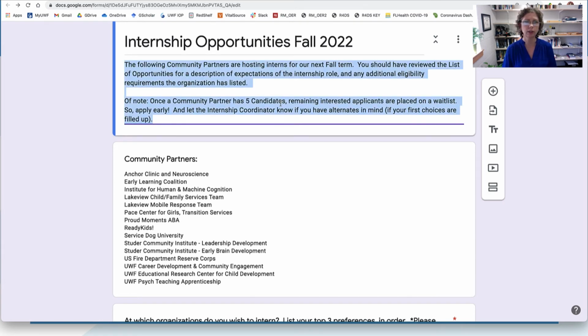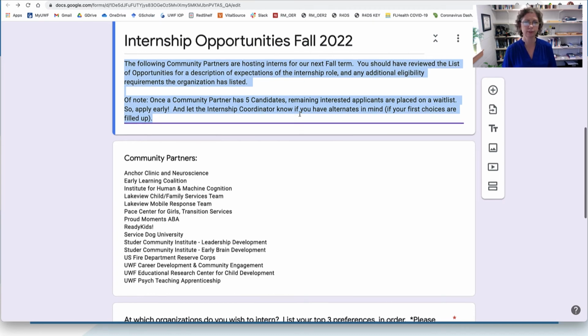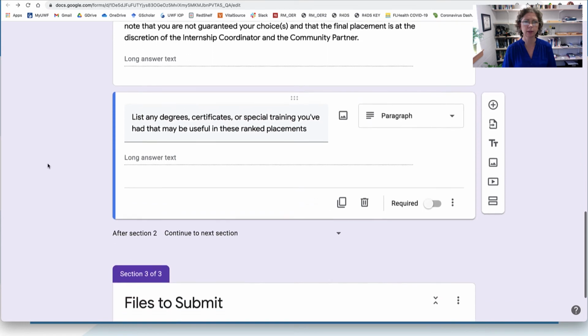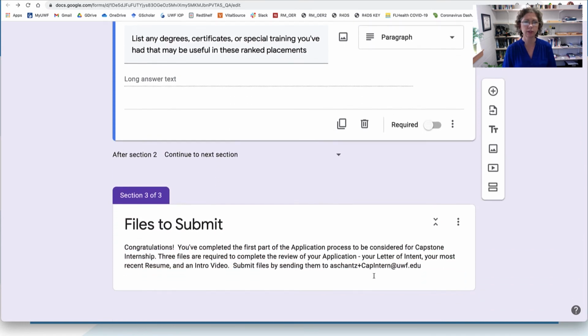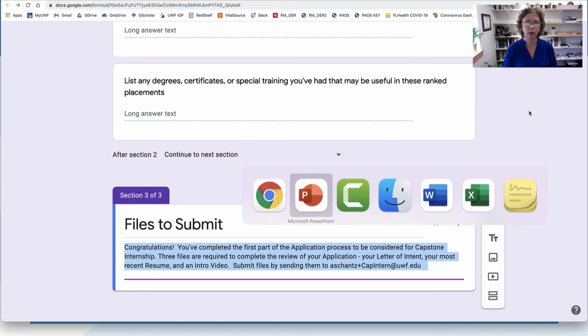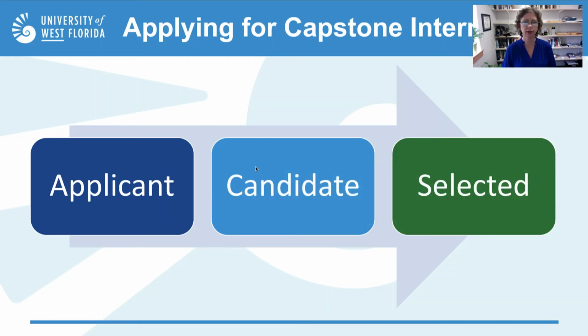Keep in mind, once a community partner has 5 candidates, the remaining interested applicants are going to be put on a wait list. So first come, first serve, apply as soon as you can. Any degrees or certificates or training that you've received that might be helpful, and of course sending your files to my address. Once we get your files and you are approved after the applicant stage, you enter a candidate stage,